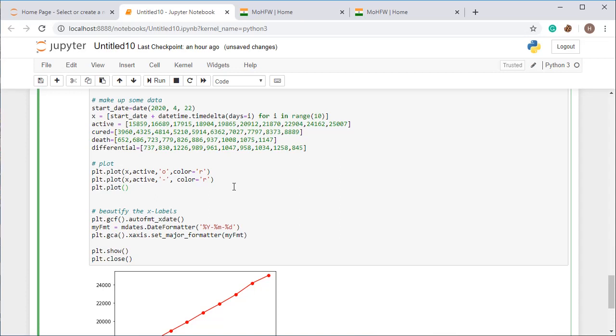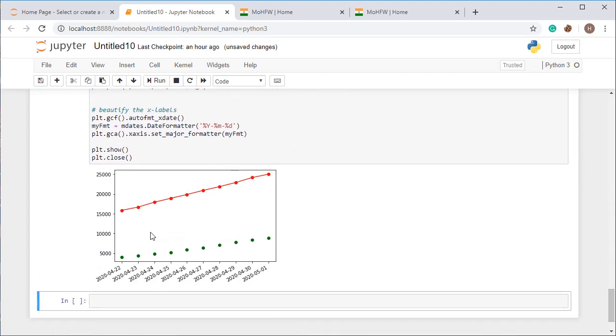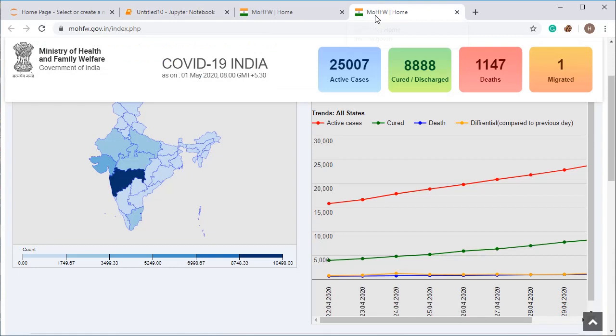Now I'm going to plot graphs for keyword. For keyword, I'm going to use the same technique O, and the color will be only green. When you run this cell, you may see this one is shifted like this, and now you can match the graph like this.